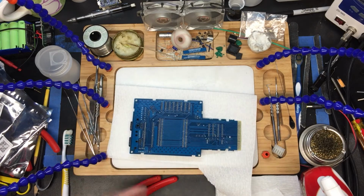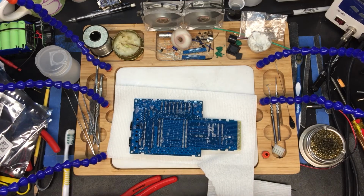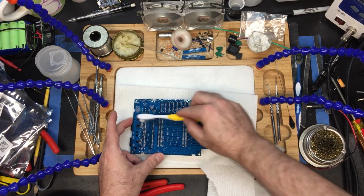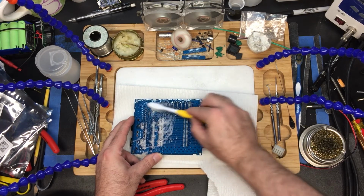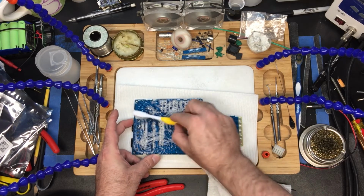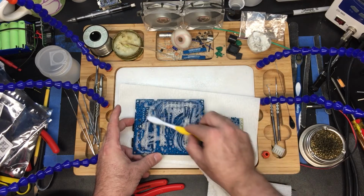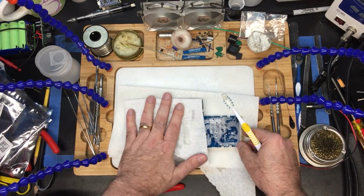It's pretty clean. So what I'm going to do is put a misting of this Crud Cutter on the front and put our putty there, and I'm just going to go all over the pads that I soldered previously. We're going to get this oily flux off of here. Now the flux that I use is non-corrosive, so it shouldn't be a problem, but not all fluxes are quite as gentle on circuit boards. So we're going to take this, mop some of that up,